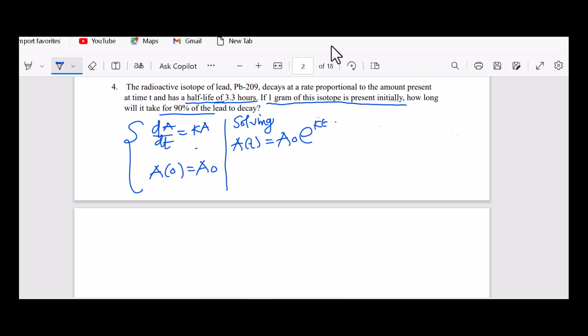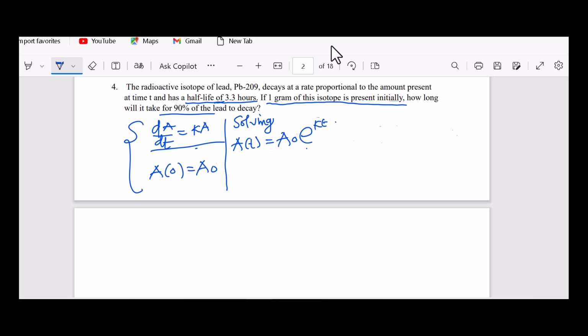By now you should know how to solve this; it is a simple differential equation. You can solve it by separating the variables. This A will come here and this dt will go here. So solving it, you get this particular thing. Now they are saying that if 1 gram